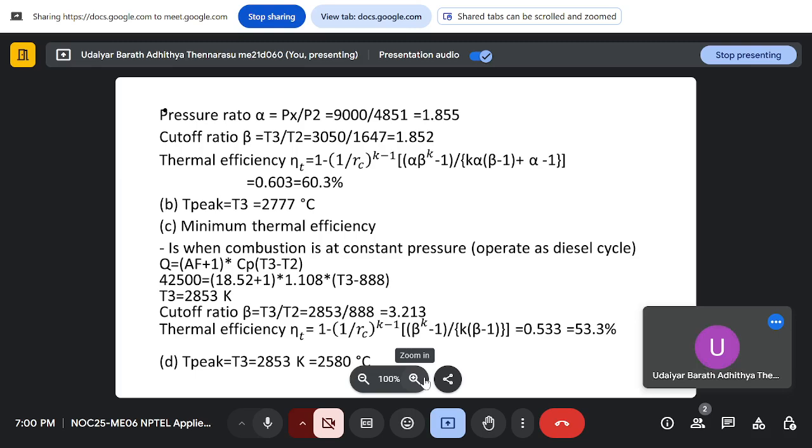There is a reversible adiabatic or isentropic compression. Then your heat addition comes. So heat addition is constant volume for Otto and constant pressure for diesel, and a combination of both in dual. So you have constant volume and then constant pressure in a dual cycle, and then you have reversible adiabatic expansion and then constant volume heat rejection or exhaustion. So that's how the air standard cycle looks,